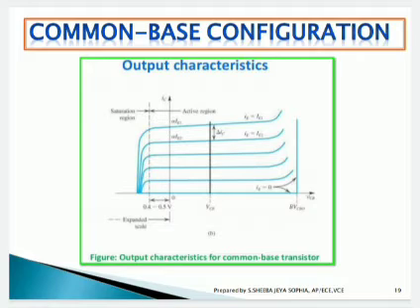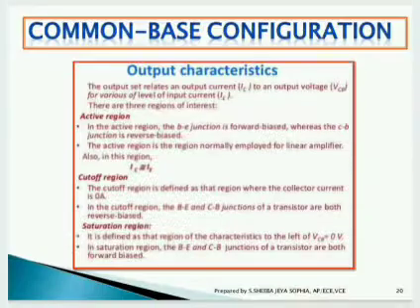As we know, the active region is the linear region which makes our device produce the output, the saturation region is where it reaches the saturation point, and the cutoff region is the non-processing region. So this is the clear diagrammatic representation of our common base configuration output characteristics along with the explanation of the 3 regions: active region, saturation region and cutoff region.